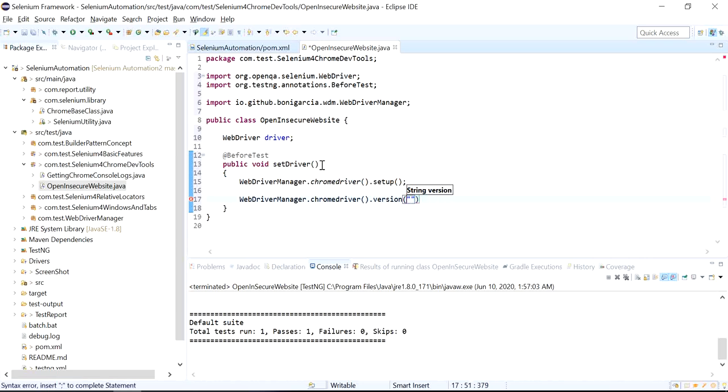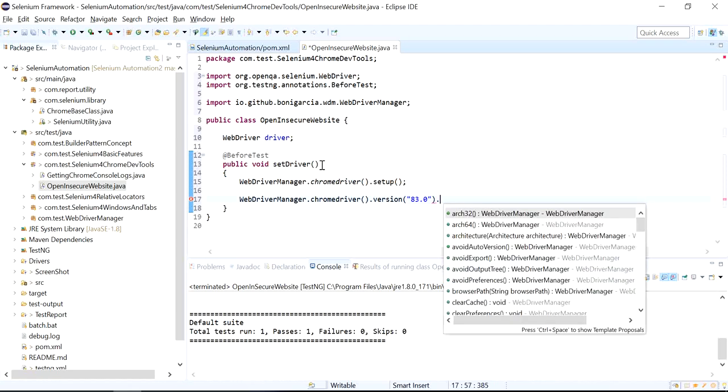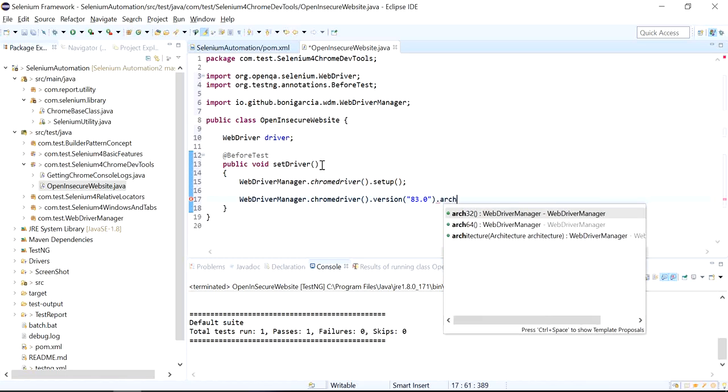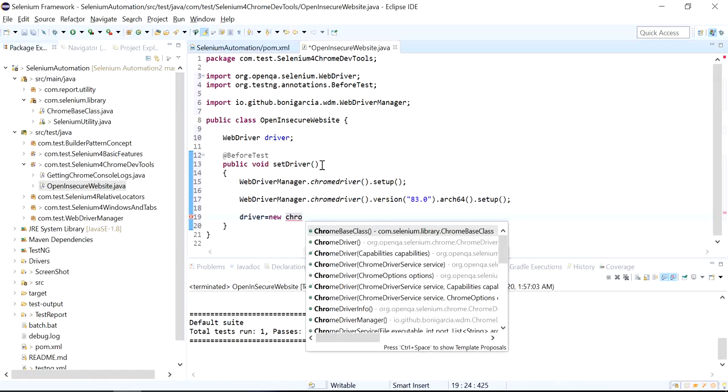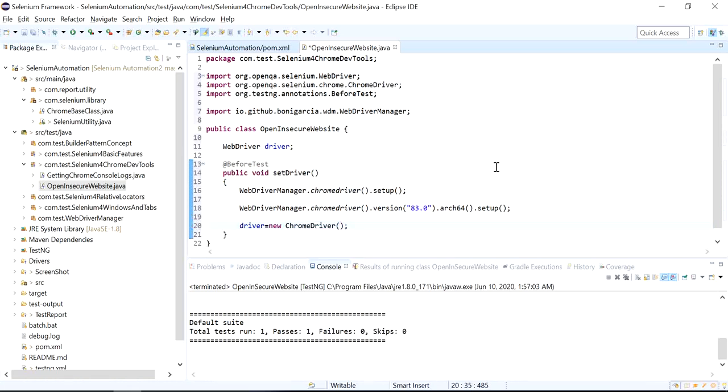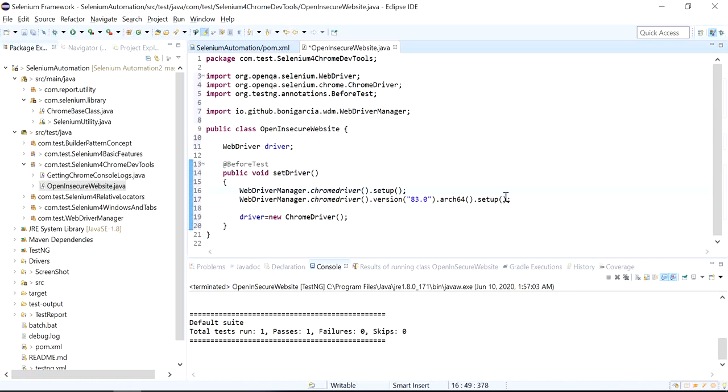Here I am using version 83 of the Chrome browser, so I require version 83 of the driver. My laptop is 64-bit, so I'll say arch 64 and setup. So this is done. Now I can say driver equal to new ChromeDriver. So the driver part is ready.